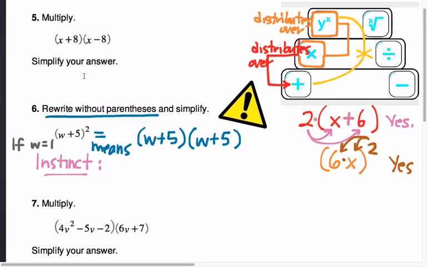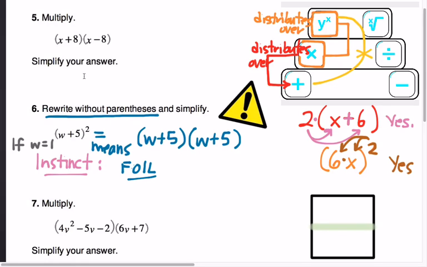Because once we get here, what's the strategy? FOIL. Yeah, FOIL. Right? Because we sort of recognize the form here. It's a binomial times another binomial. Which means, and I'm going to use our little lattice again to keep track of this multiplication, that what we end up multiplying is w plus 5 times w plus 5. We end up getting 4 terms, w times w, 5 times w, another 5 times w, and 5 times 5. And then adding all those results together